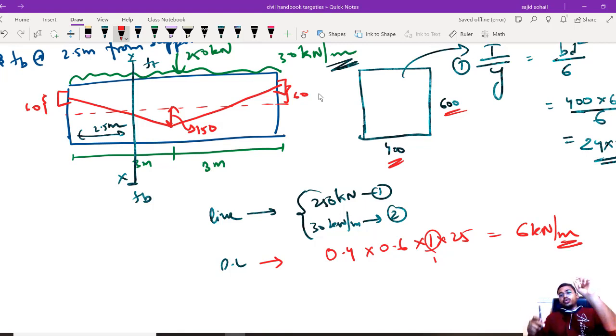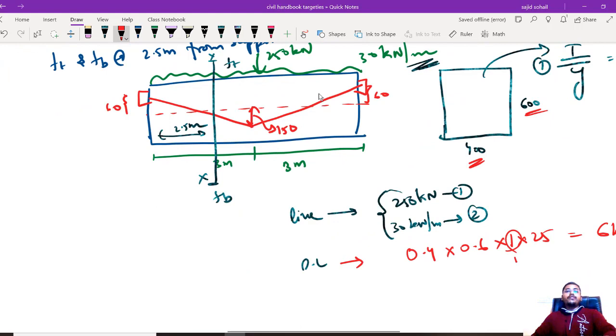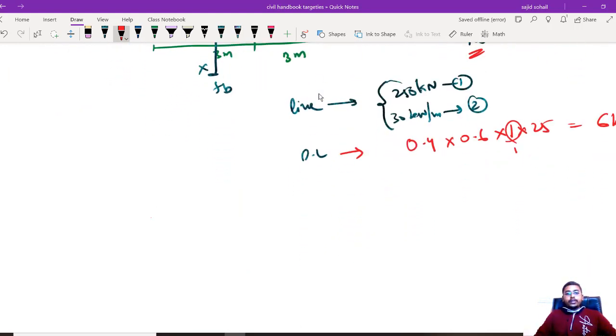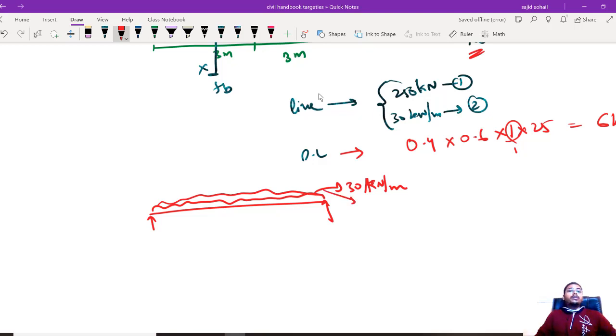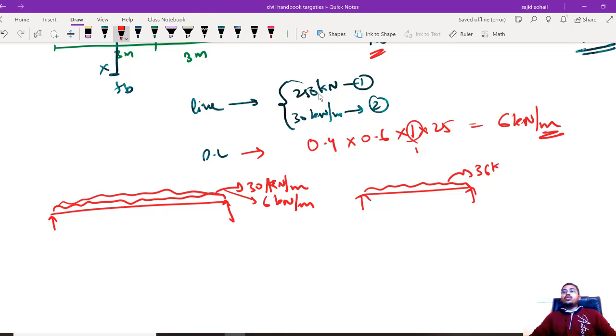समझ नहीं आ गया? So you know the live load, you know the dead load. What you can do is you can find what is the moment at that XX. So let us try to calculate. It is a simply supported beam. There is a UDL of 30 kilonewton per meter, and there is also a UDL because of the dead load, which is 6 kilonewton per meter. So you can directly write it as a UDL corresponding to 36 kilonewton per meter load. Agreed or not? Right? And there was also a point load at the center which was 250 kilonewton.